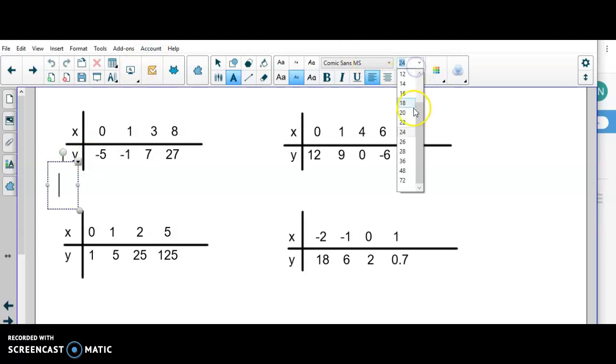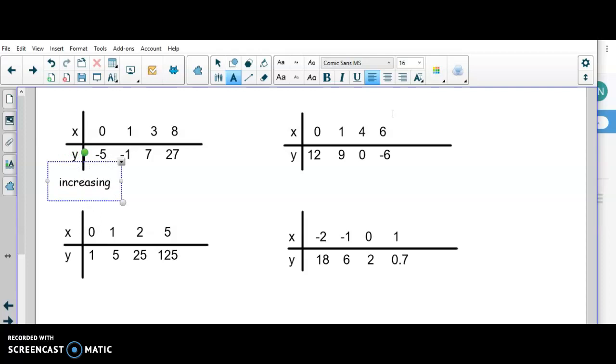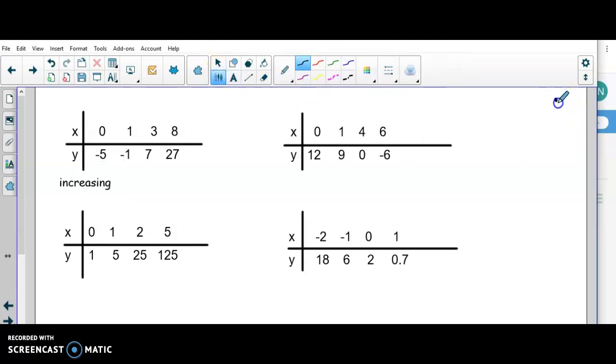overall pattern is increasing. And how is it increasing? Is it increasing at a constant rate or not at a constant rate? So we have to look at our ratio of our y over our x, all right, to see if it's